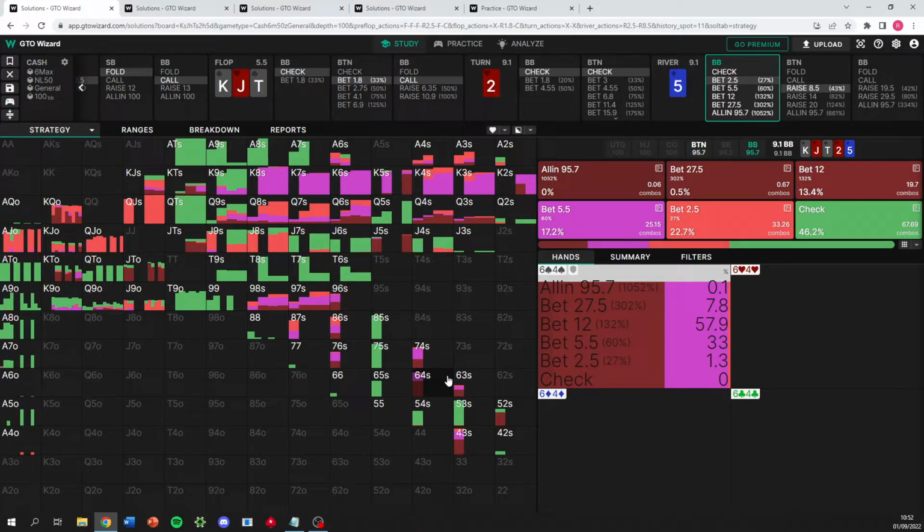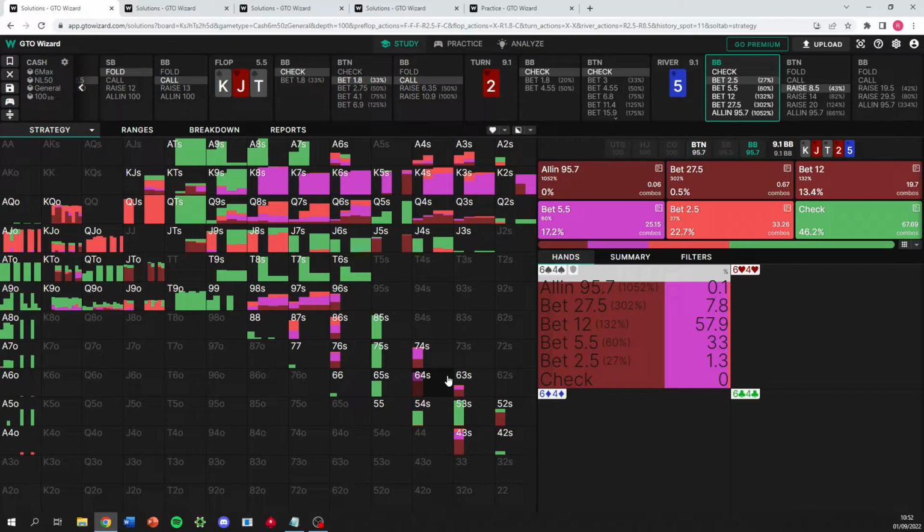And then the third point I want to be thinking about in every spot is: is this a good spot to bluff catch in general? Because there's a lot of mistrust. Then I want to be bluff catching, but then it's also automatically a good spot to be bluff raising, because